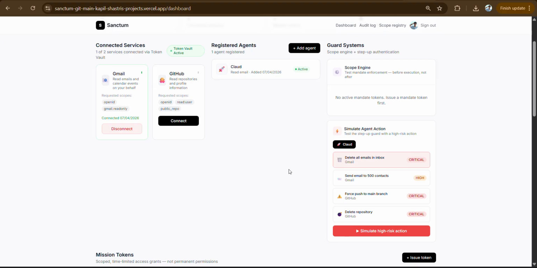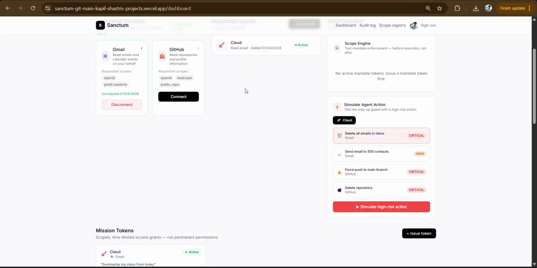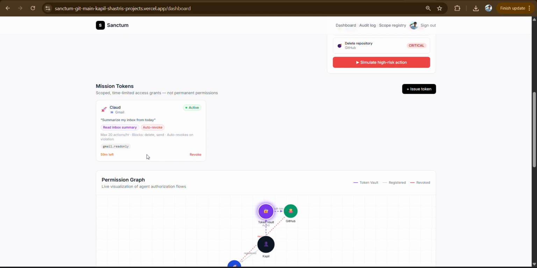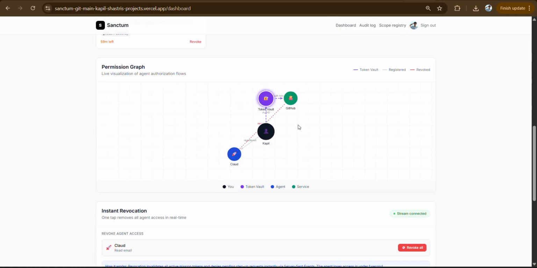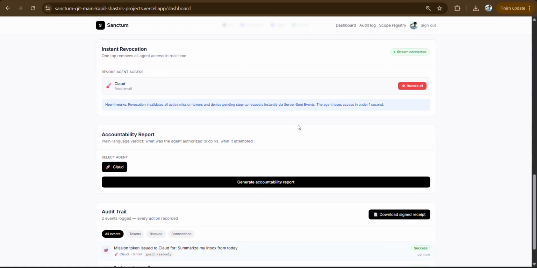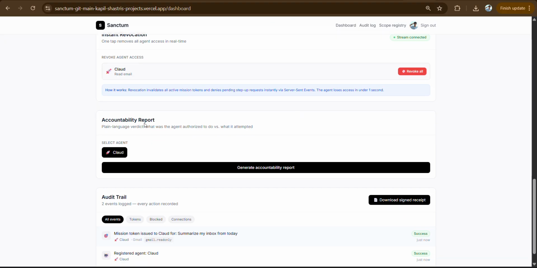So now you can see the Claude agent has completely lost the access to this token that we have issued to it. And there is something very interesting part here. It is accountability report. So not just the agent completely revoked, the system automatically revoked the access the Claude had, but it has also generated a report on what are the things that happened in between,